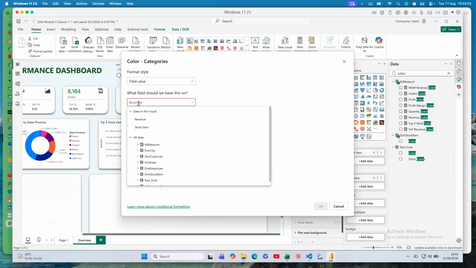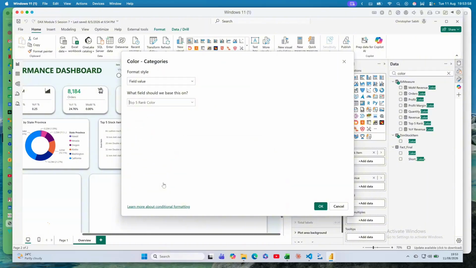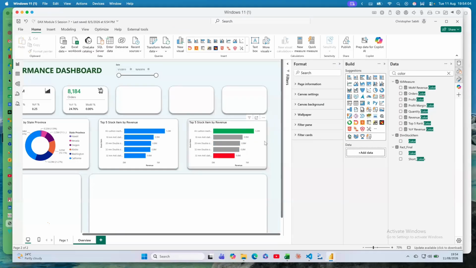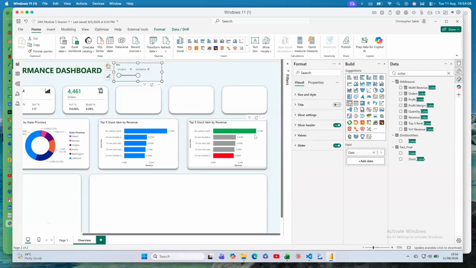What did we call it? We called it top 5 rank. Okay. Rank. So we need to look for it, it is here. So the moment I click on that, I do okay. And here we go. Very beautiful. So every time we change this, the top will always remain green and the others are gray. Very beautiful and easy for you to